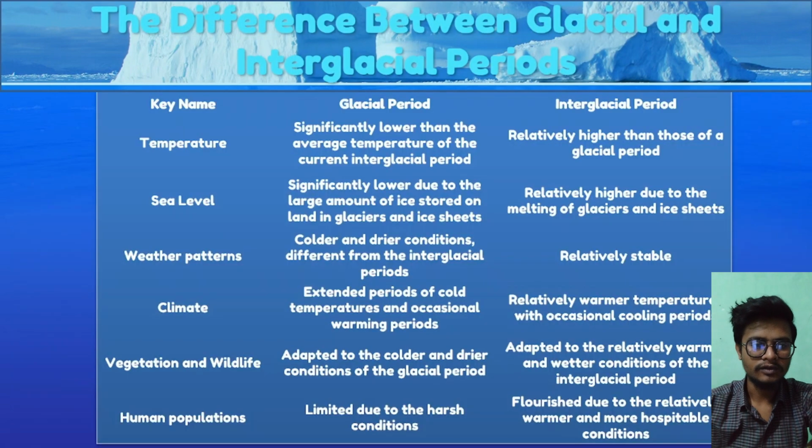Today, I will talk about the differences between two climatic regimes, glacial and interglacial periods. The temperatures of glacial periods are colder, while the interglacial periods are warmer. The sea level of glacial periods is lower. On the other hand, in interglacial periods it is higher. The weather conditions of a glacial period are more extreme. Alternatively, interglacial periods are more stable. The climatic conditions of a glacial period are drier. On the other hand, interglacial periods are more humid.